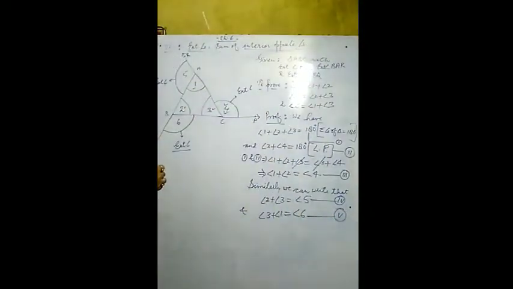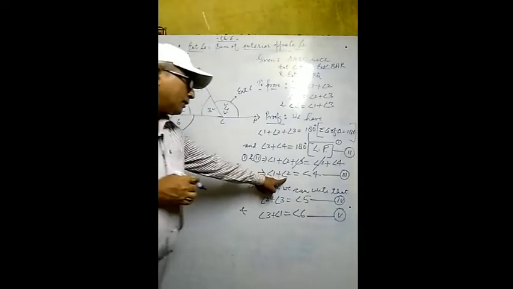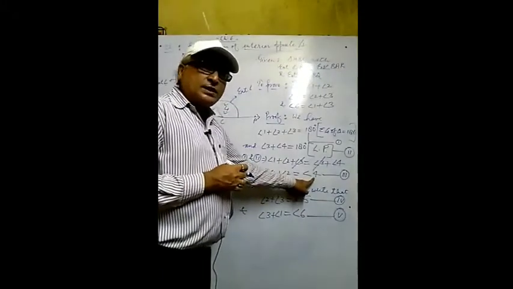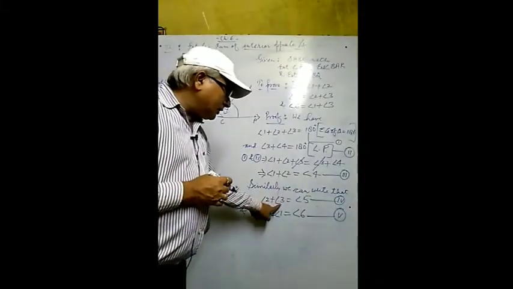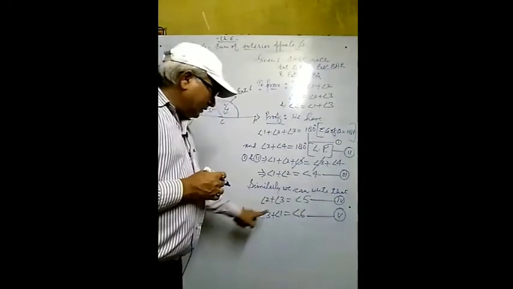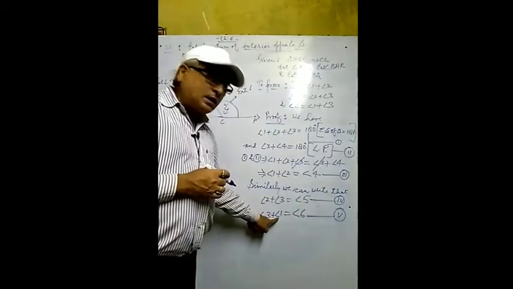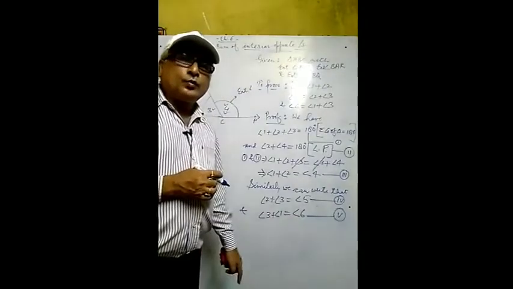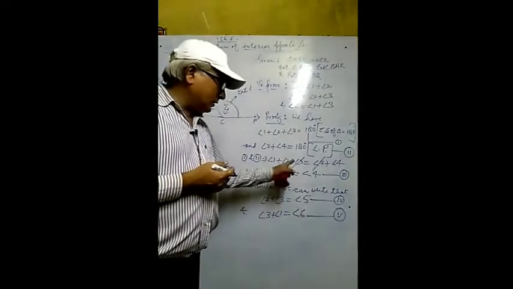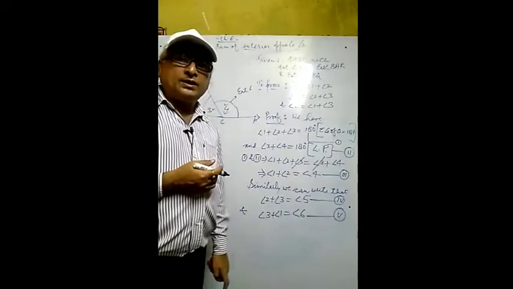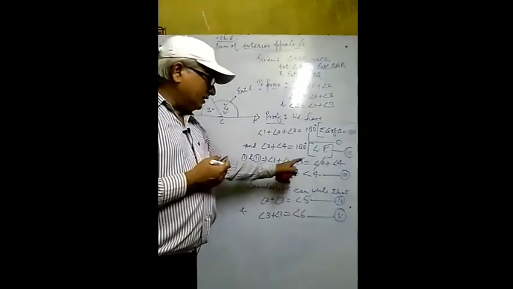If relation number 3, relation number 4 and relation number 5 are combined, what result can be drawn from these equations? These are interior opposite angles for this exterior angle. These are interior opposite angles for this exterior angle. These two are interior opposite angles for this exterior angle. What type of conclusion may be written here? How can we conclude this theorem?